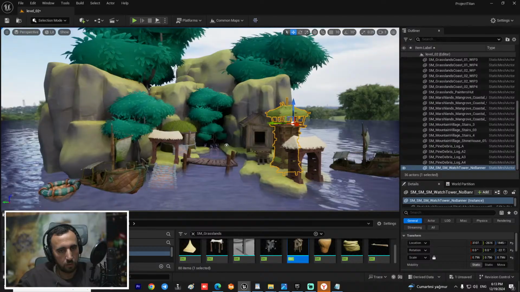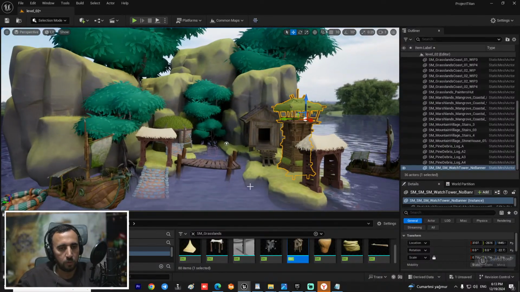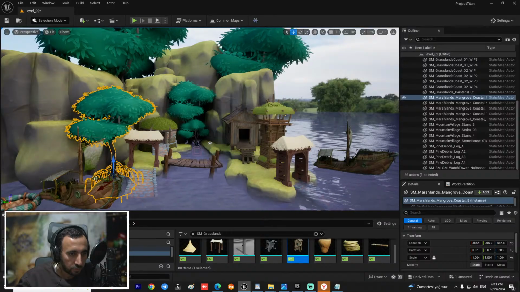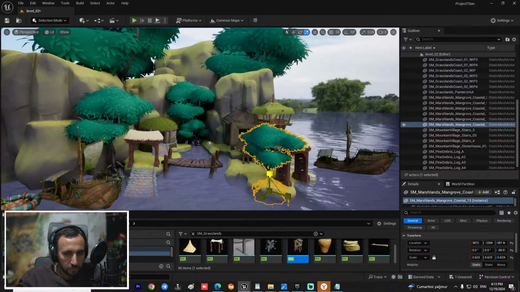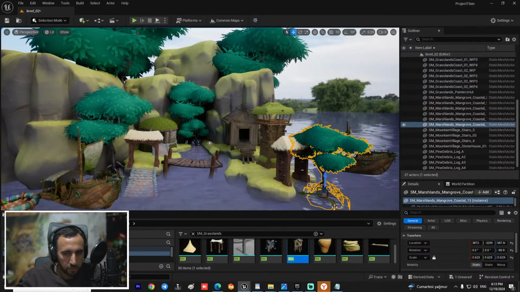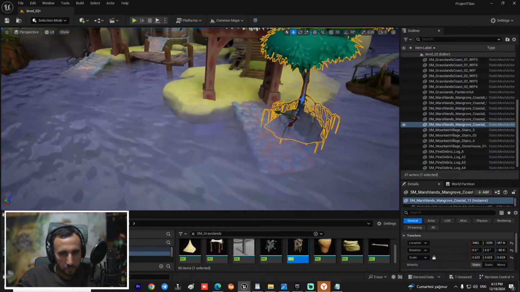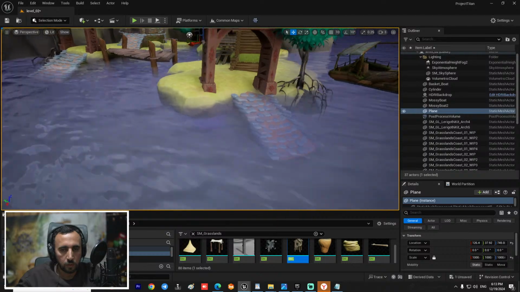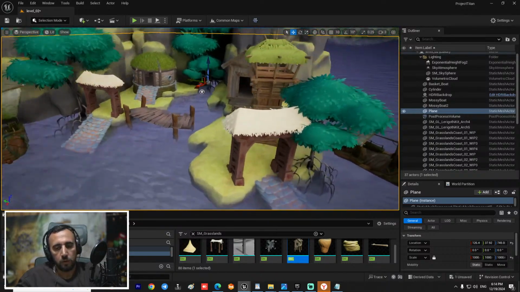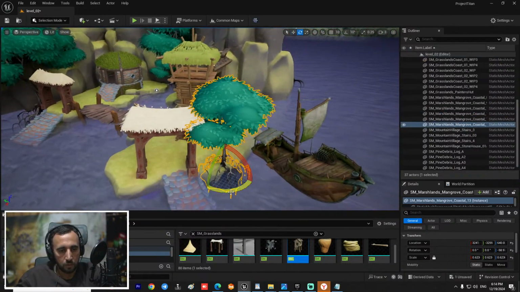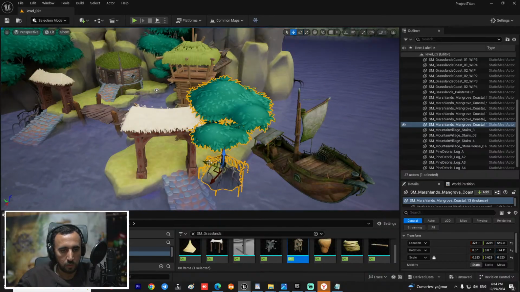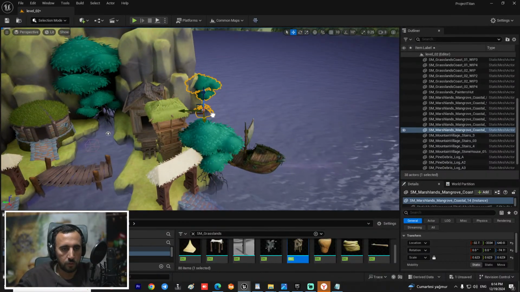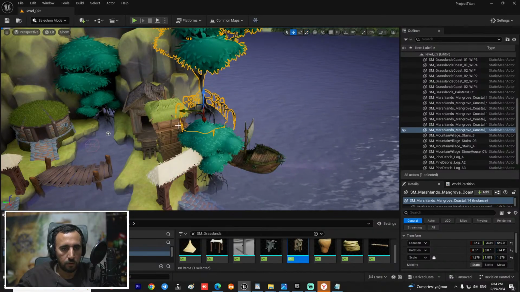Our camera here. Control 1. Okay, so maybe we can add another tree here. Scale it. Put it here in this area. Okay. And another one in this area. Scale. Okay, so